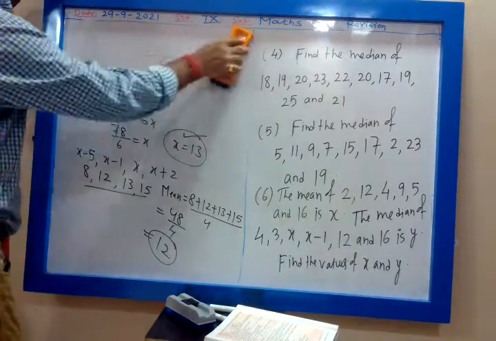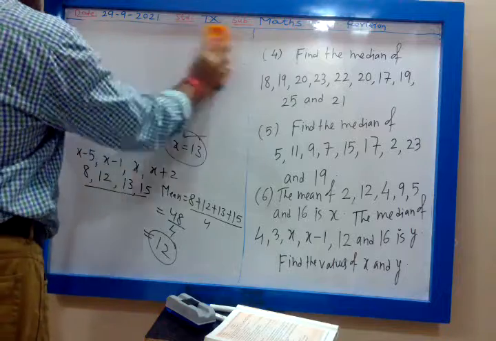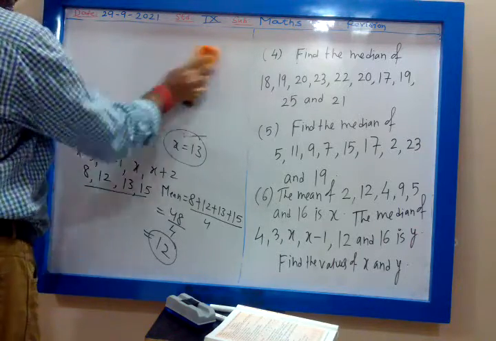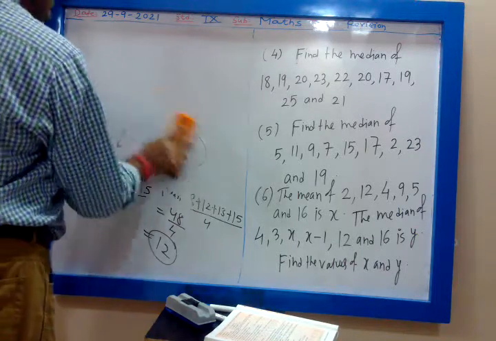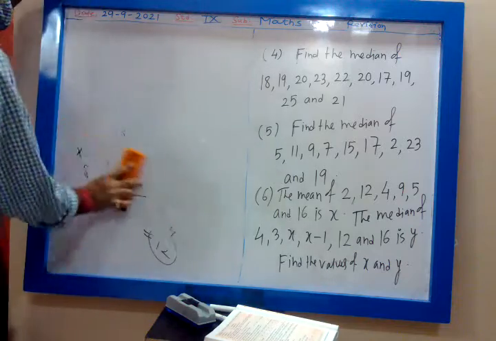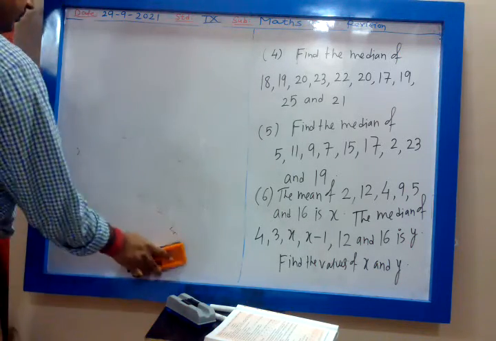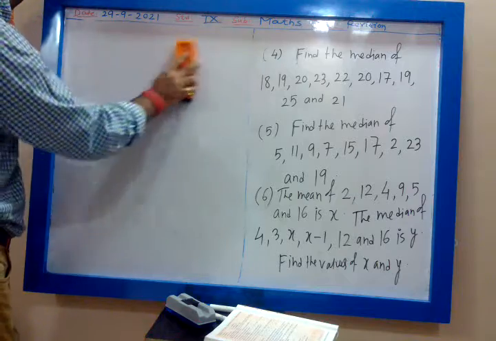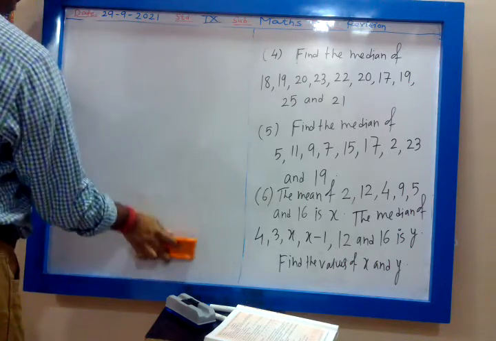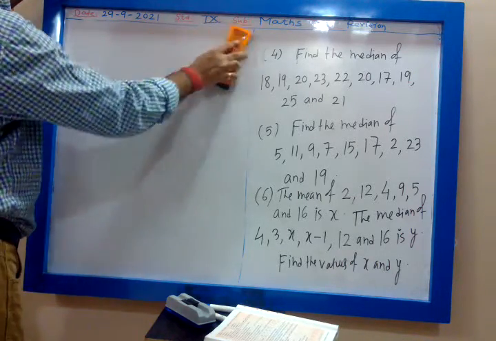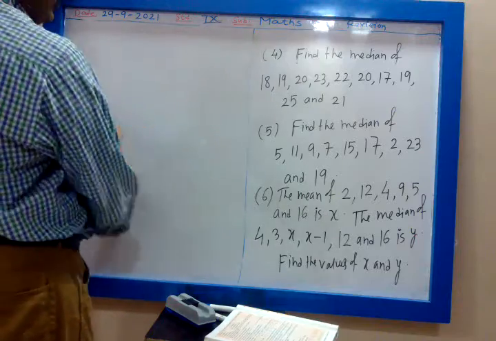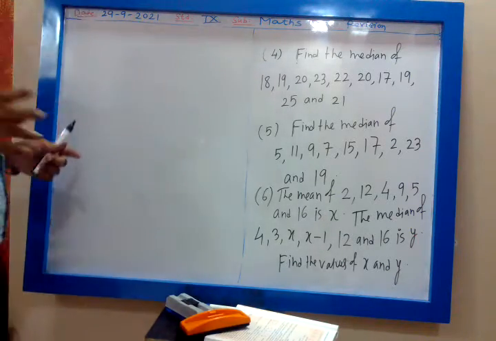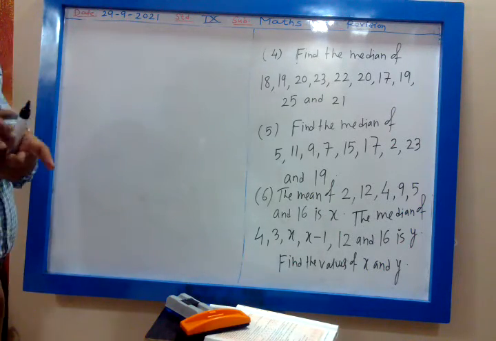Okay, so majority are getting the answer 20. Let us see how it has come 20. For mean, there is no requirement to arrange the data in ascending or descending order. But for median, it is compulsory to arrange the data in ascending or descending order. This you remember. Whenever you want to calculate median, you have to first arrange the data in ascending or descending order. The same care you take in your project also.